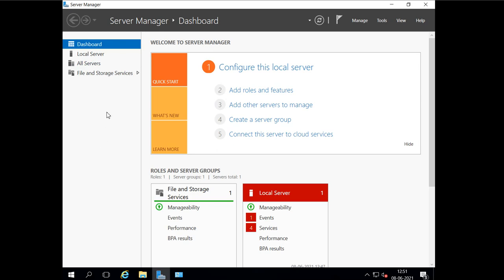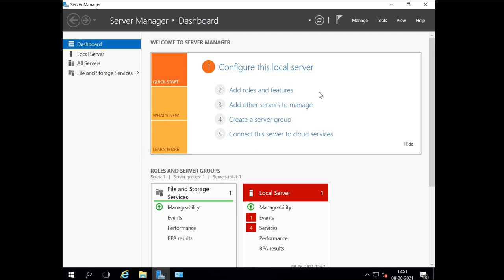After 2008, Windows Server 2012 came, and in that they updated the concept. This is the updated server manager we have now, the same one in Windows Server 2012.